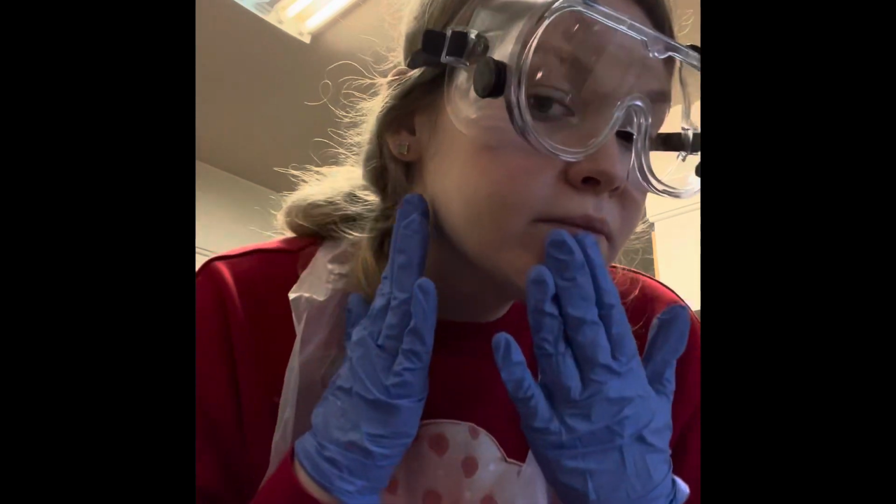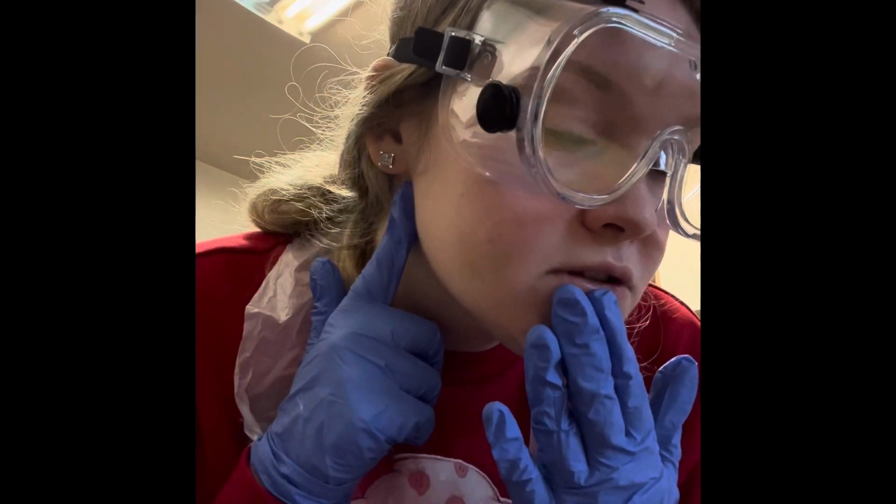And I want to make it known that I just had my wisdom teeth removed, so I may talk weird or I may not talk a lot. Like, look at this bruise, it's so bad. All 4 of them removed, but I'm going to do my best to make everything as clear as I can